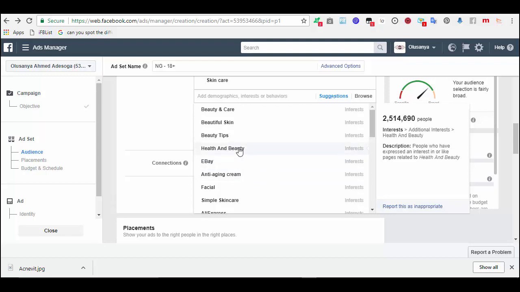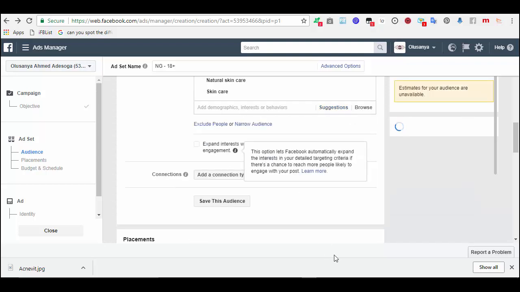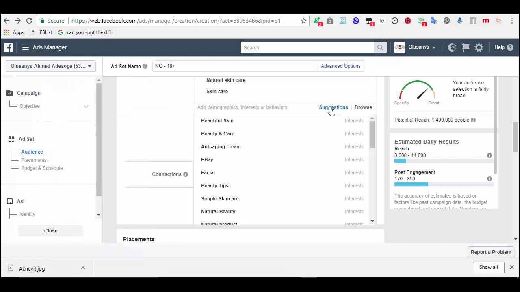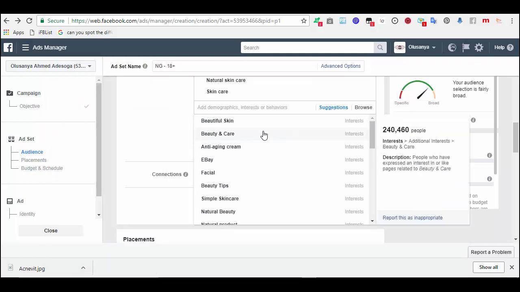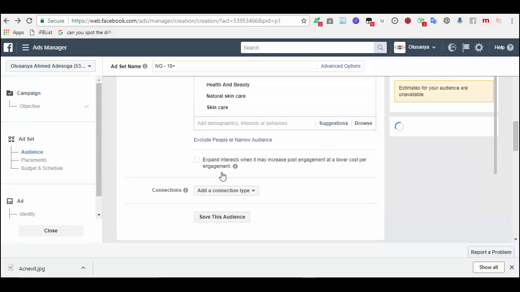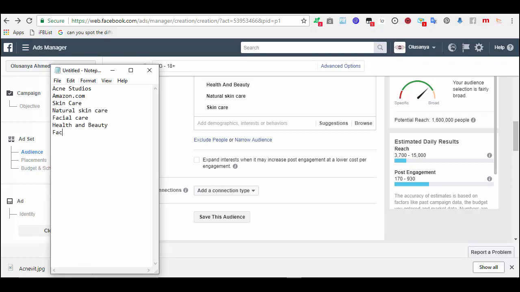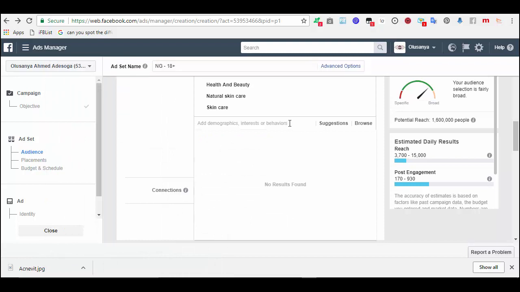Health and beauty, wow. Health and beauty is also there. Suggestions. Beauty and care, no, I don't want this. Facial is okay too. Can you see my audience? Facial is also okay. Now let me put one more.